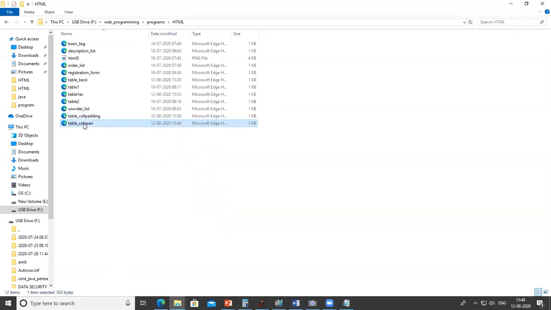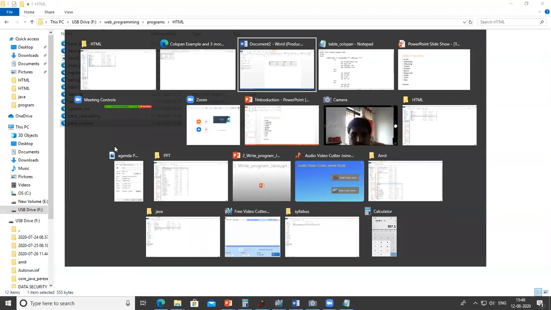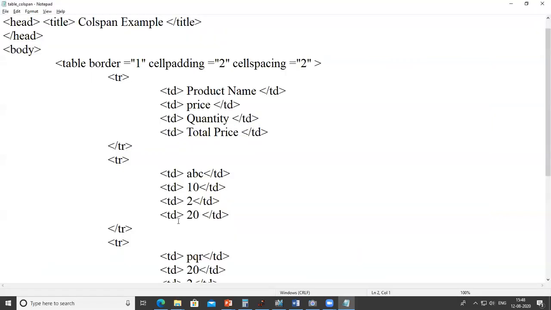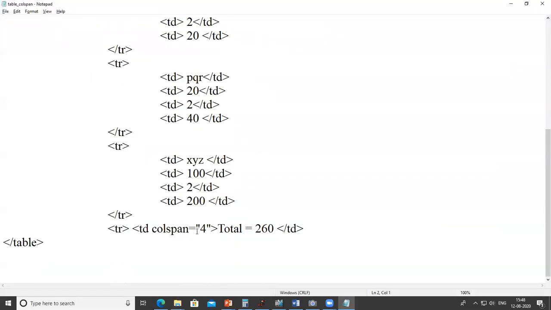So, colspan. So here we get the output: product name, price, quantity, total price, ABC is 1, and total is equal to 260. If I want this one at center, maybe use center tag here. So here I use center and close the center.